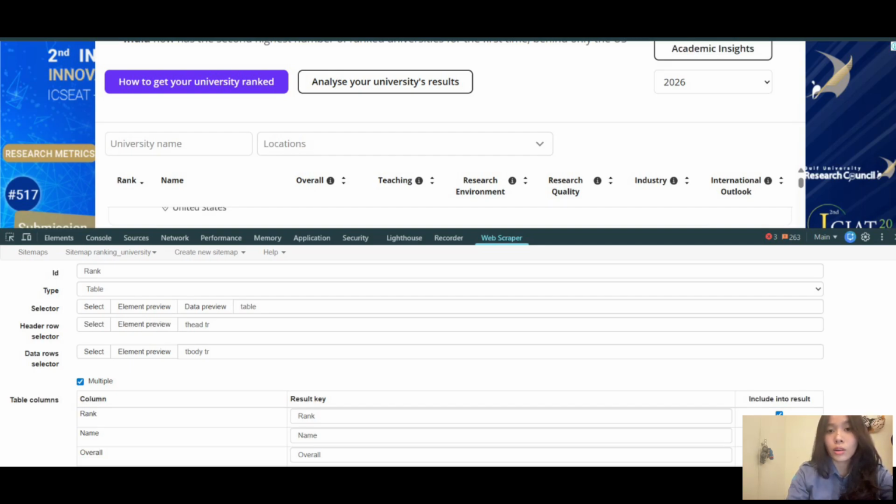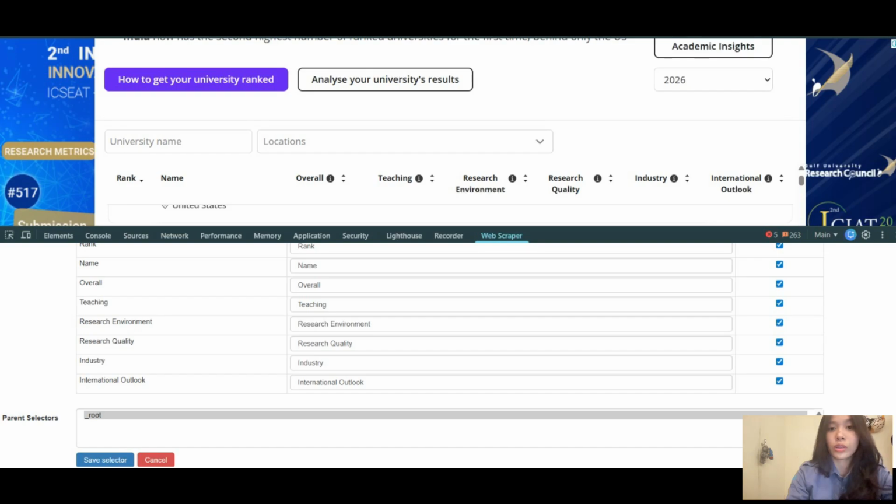This website contains information about world university rankings from many countries along with their assessment scores. The purpose of this practicum was to understand the basic process of collecting website data automatically without writing complex programming code. The first step was installing the Web Scraper extension from the Chrome Web Store.